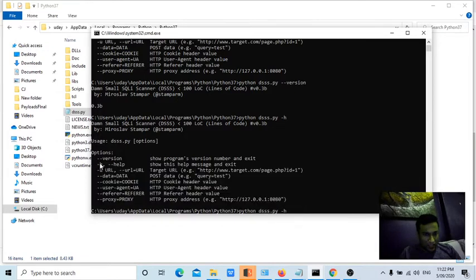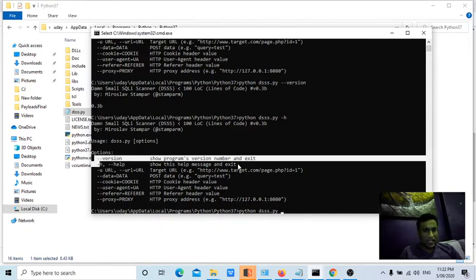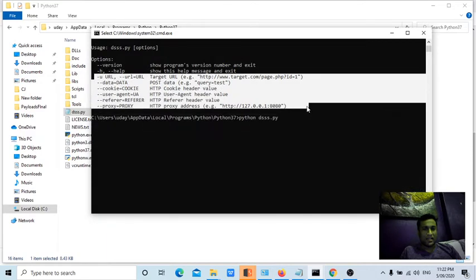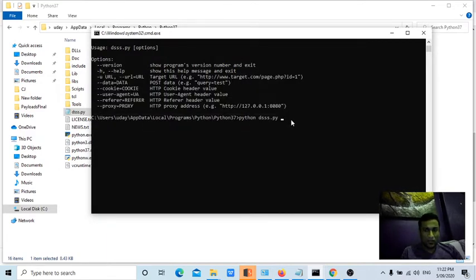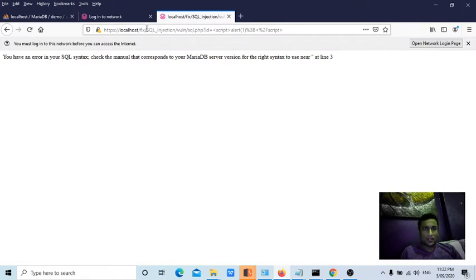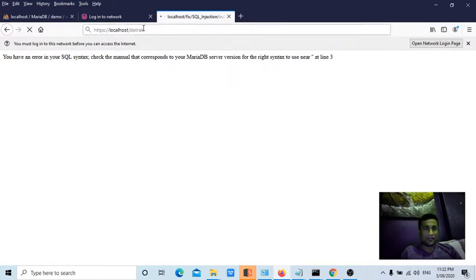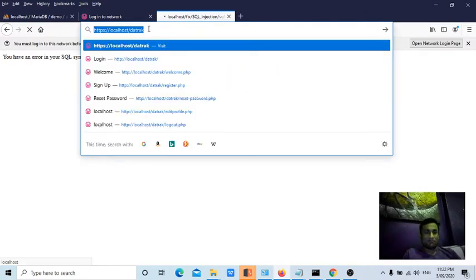What is the other thing they are talking about? -u URL, guys. -h is not required, --version is not required, because -h is used to understand the commands and version is to show the version. Now from here we need to use the commands, guys. Now -u URL, so we can pass the main website itself directly. We'll try to pass the DVWA application once. Let's see what will happen. Now let's spend like 15-20 minutes on this.